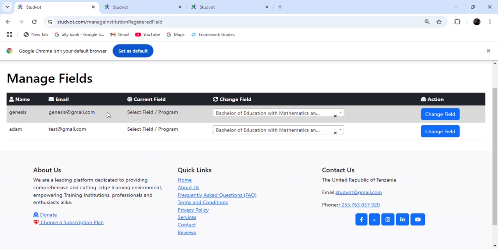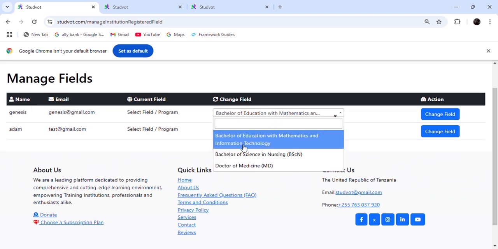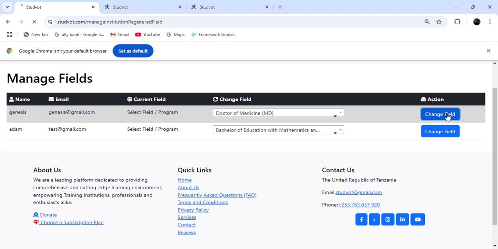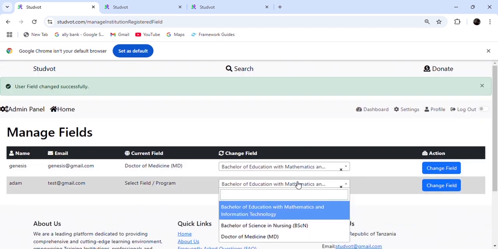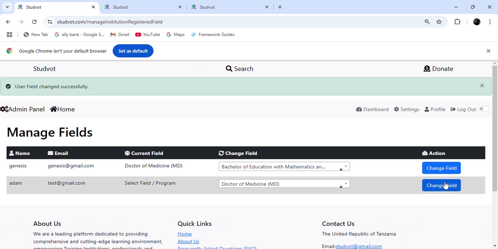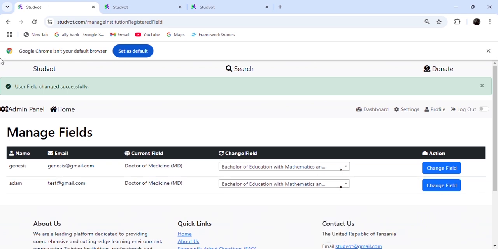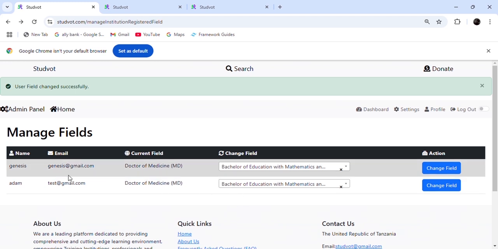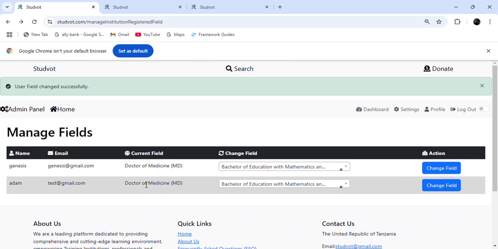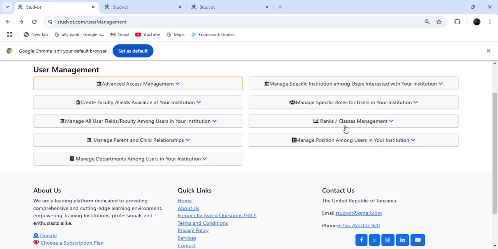For example, let me put myself in the field of Doctor of Medicine, and let me put Adam in the field of Doctor of Medicine too. So I'm in the field of Doctor of Medicine, and Adam is currently in the field of Doctor of Medicine, but I'm the director, and Adam is a teacher. Rank and classes are just the same,